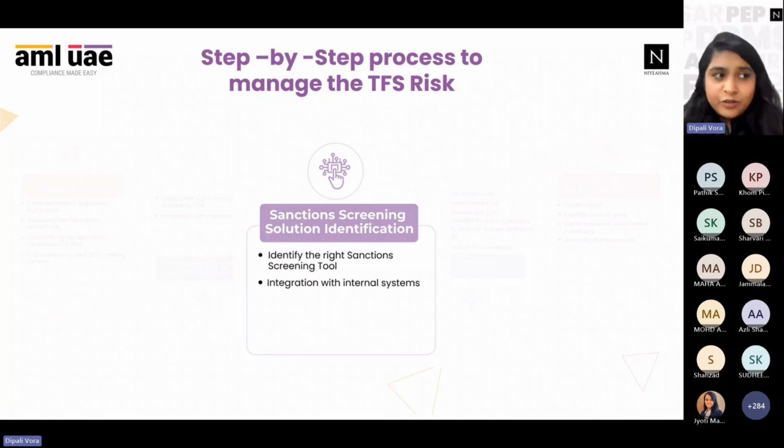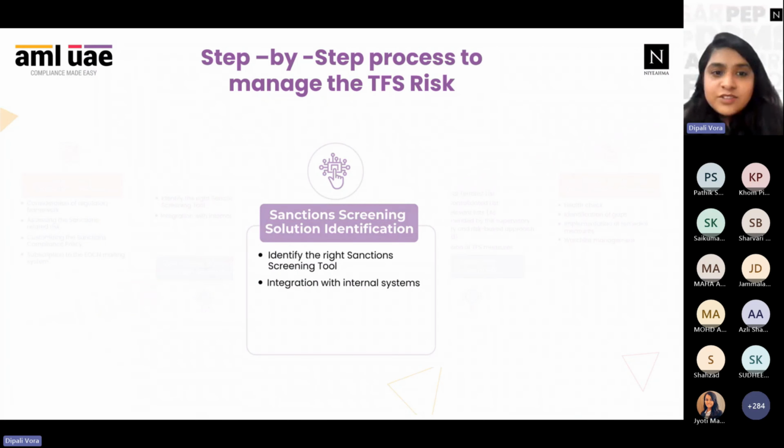When the sanction compliance policy is done, the next suggestion is to have a sanction screening solution. As you know, different companies have different risk appetites and different clientele. So we first have to look at what our requirement is and which software will fulfill it. Are we looking for an integrated system, integrated with our CRM? Are we looking for just sanction screening? Are we looking for adverse media? So in the second suggestion, it's important that we identify what kind of screening solution we are looking for, and that would help us mitigate risk and suit our organization at the same time.